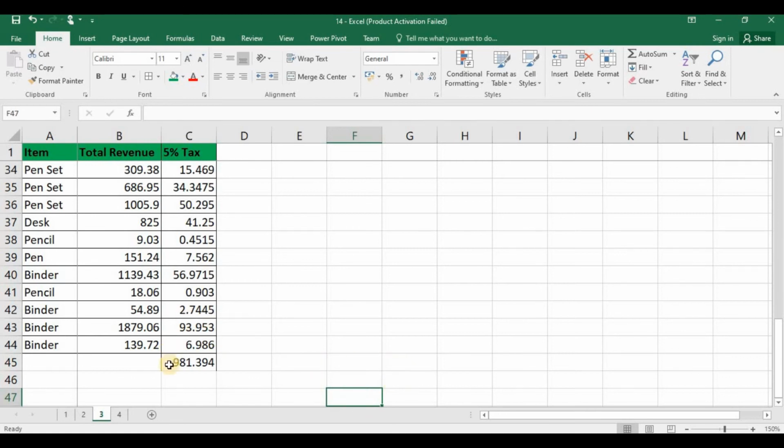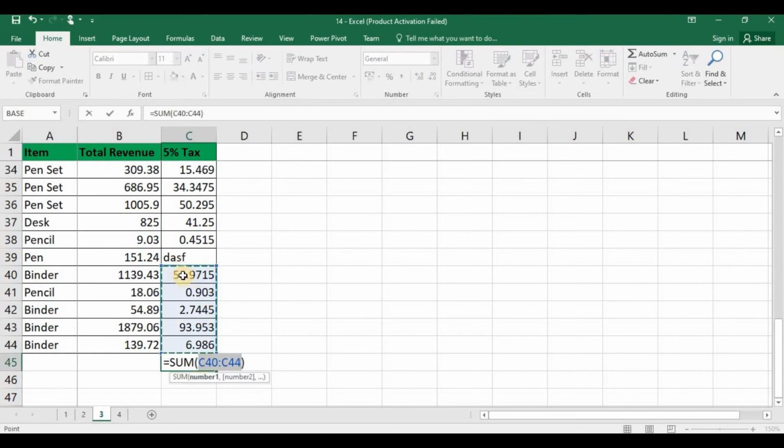Remember, the cell range we are using for any mathematical calculations should have only numbers. If there is any text in our selected range, then the calculations will not happen. We have applied summation for this column. All these are numbers. If I enter any text in any cell, the summation will skip this. If you try to apply auto sum, the selection will happen till this cell. See, the range got stopped from here. So, for auto sum, we should not have text in our range.